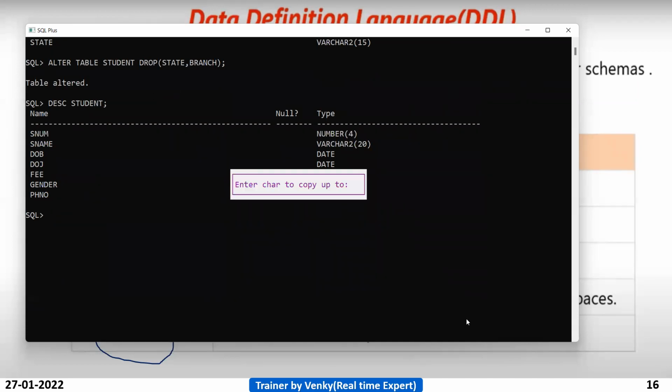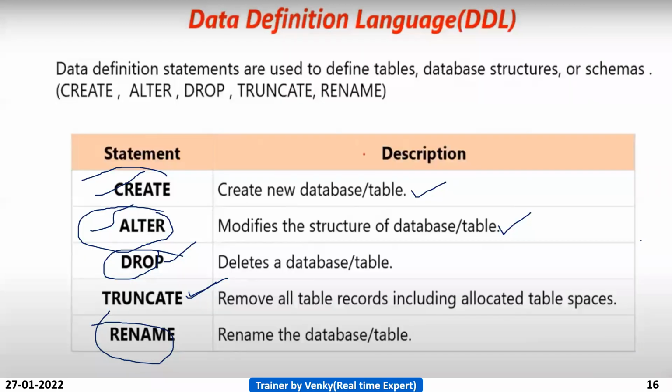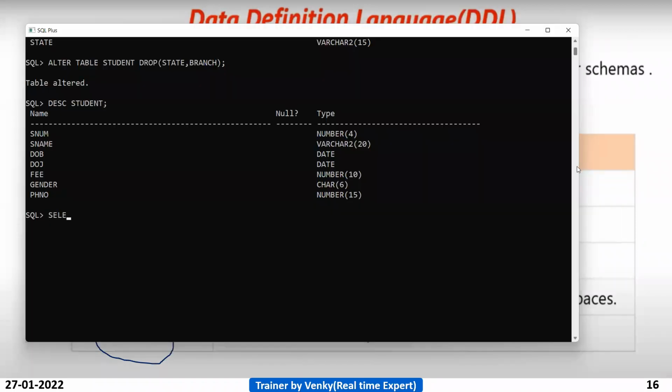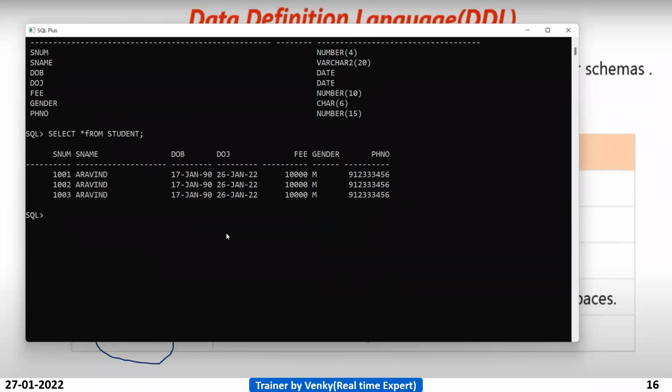See now, for example, select * from student. Now delete from student where snum equal to 1001. You don't need to worry about the syntax for delete; we can discuss it in the DML part.